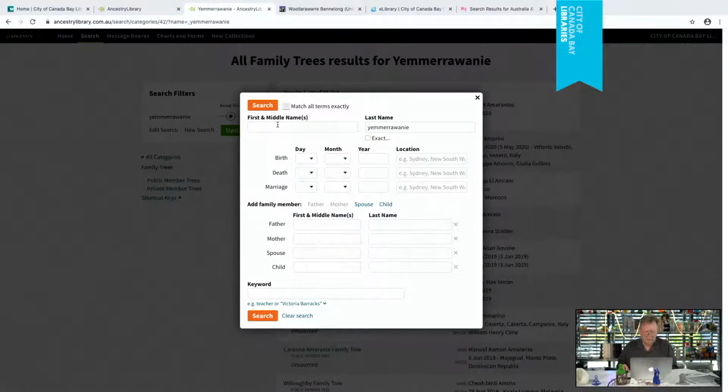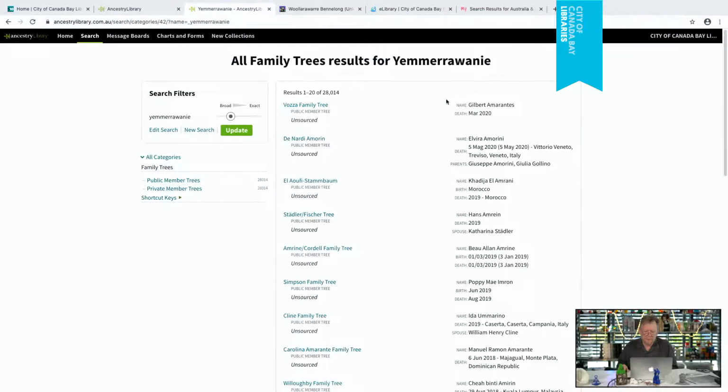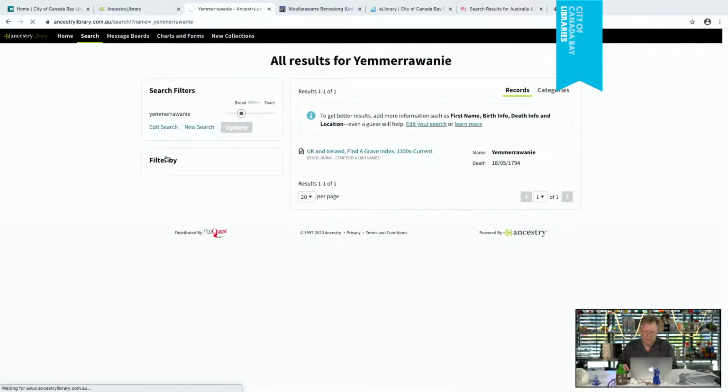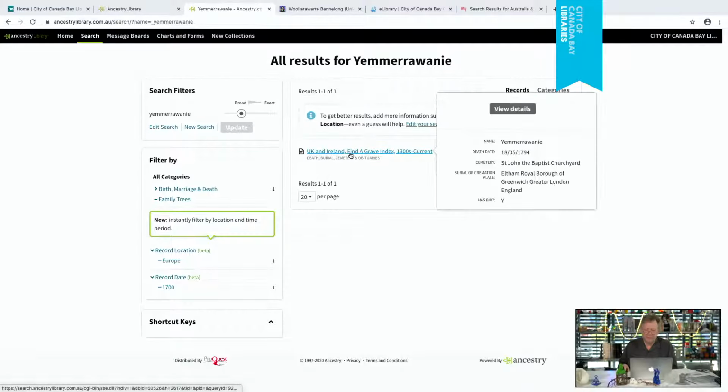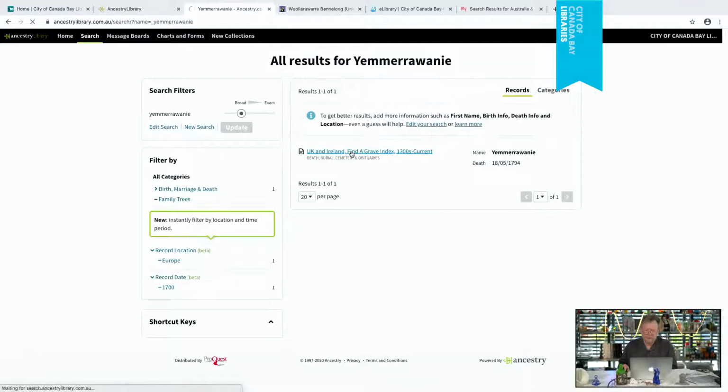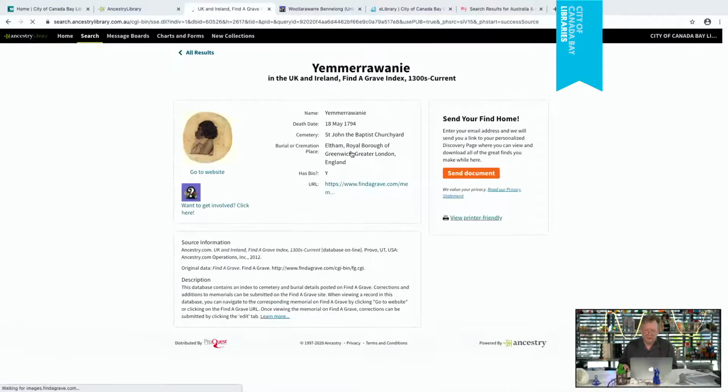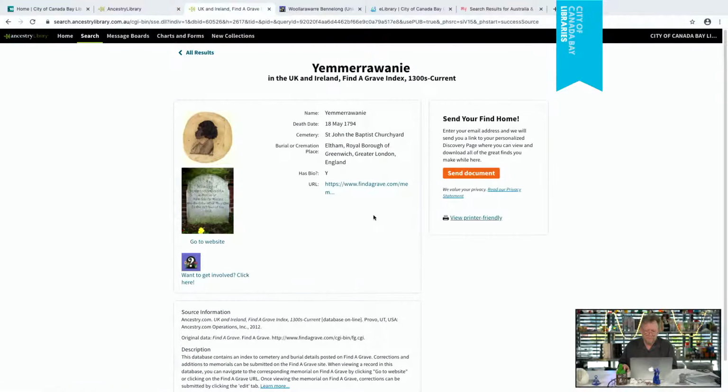And if we go to all categories. Okay, here we go. Now, in this case, we actually have a Find a Grave index for Yemerawonyu. So we'll actually go into that one. And if I click on that,